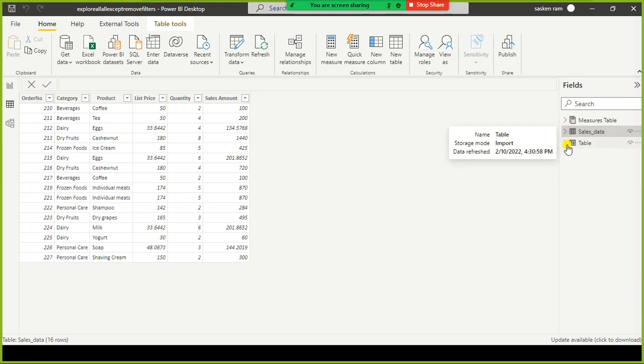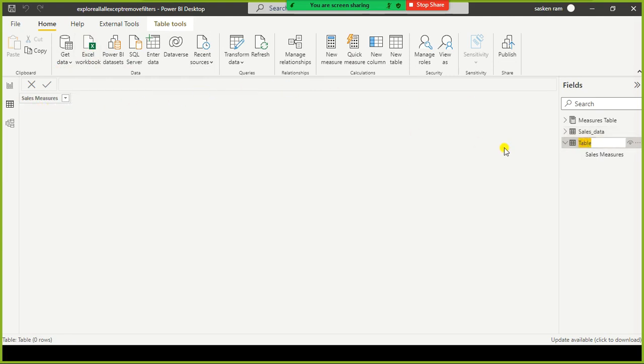The next one is the table that we are going to use to create all our measures. So I open it one more time, Sales measures. Okay, I just rename the column as measures, that's kind of a column name.